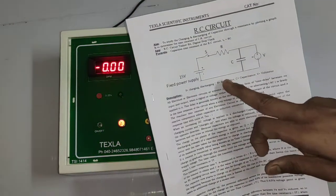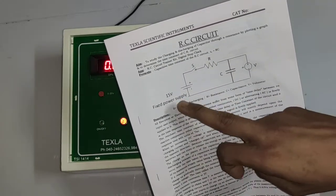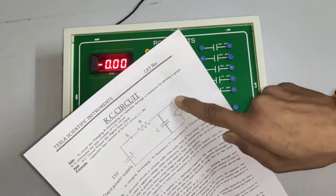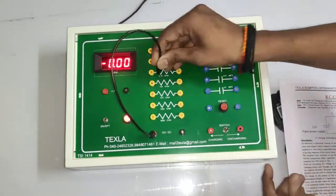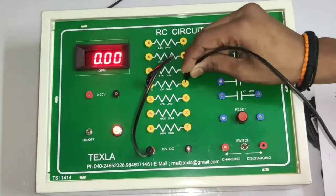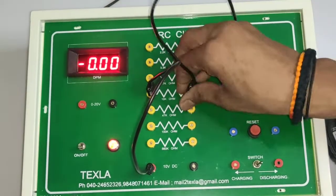Okay, so this is the connection. Power supply positive is given to switch to resistance, resistance to capacitance, capacitance to power supply. This is 10 volts, we are providing 10 volts only. So across this voltmeter is connected. So I am doing the connection, positive of the supply to resistance. Now I am taking 10 kilo ohm resistance here and 3300 microfarad capacitance. Sorry,